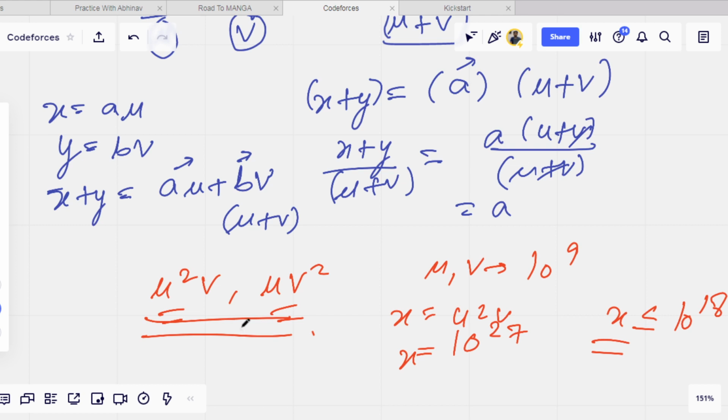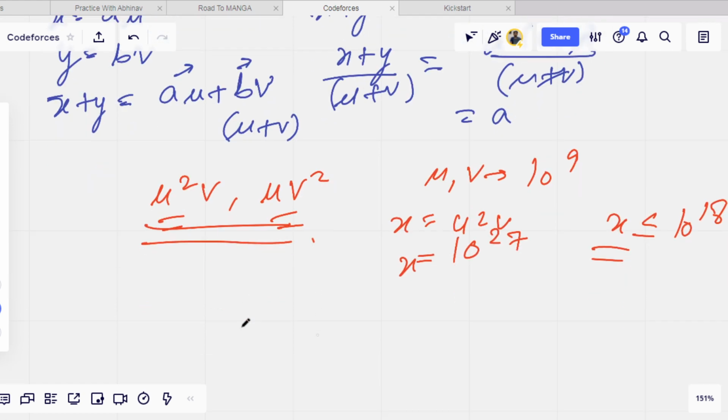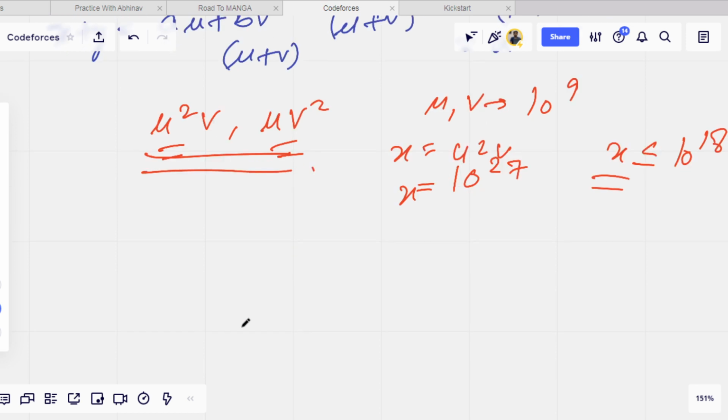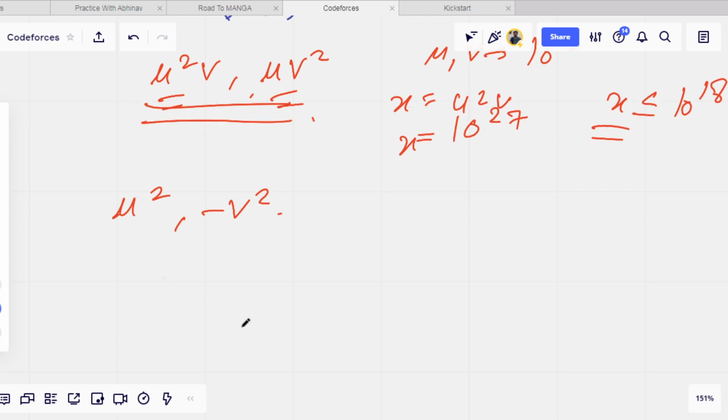So what is the solution? Then I figured out that we can cancel the v and u from here. So the solution is u squared comma minus v squared. Why did I think about this? When you take u squared minus v squared, x is u squared and y is minus v squared. So when we do x upon u plus y upon v,